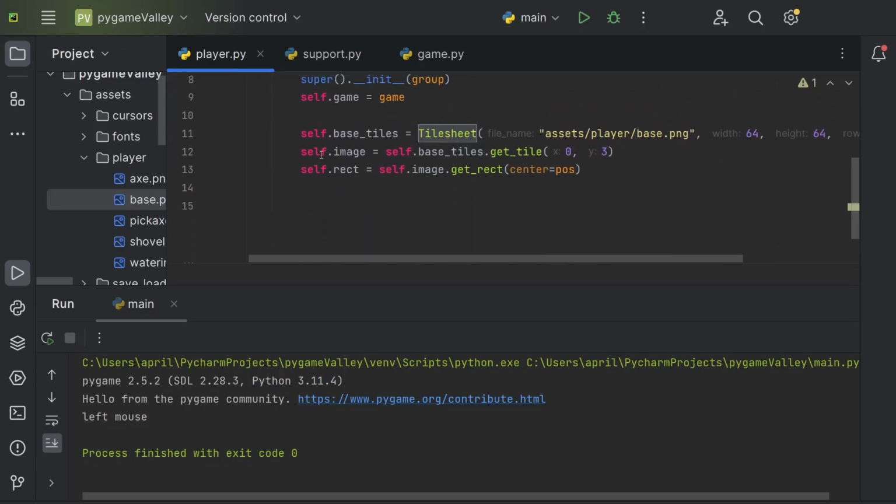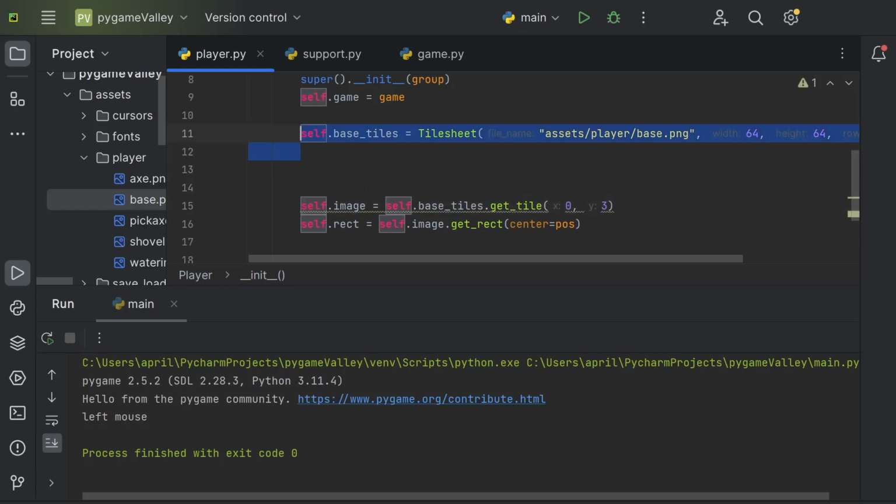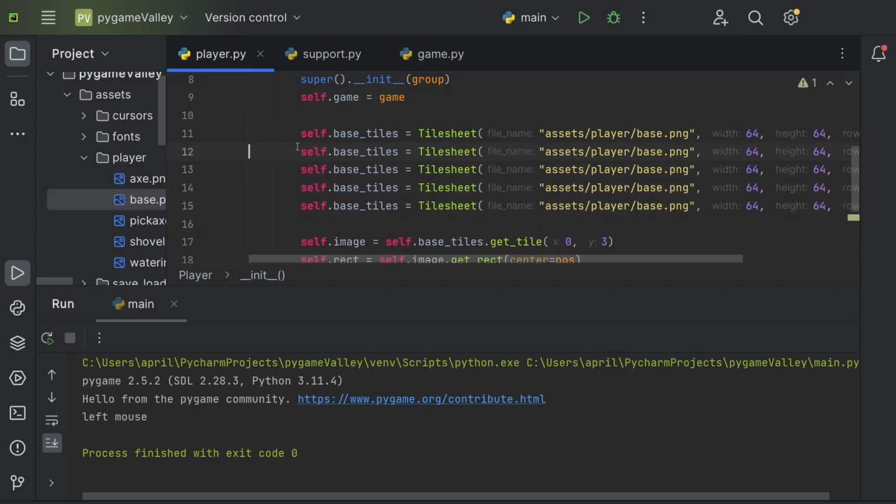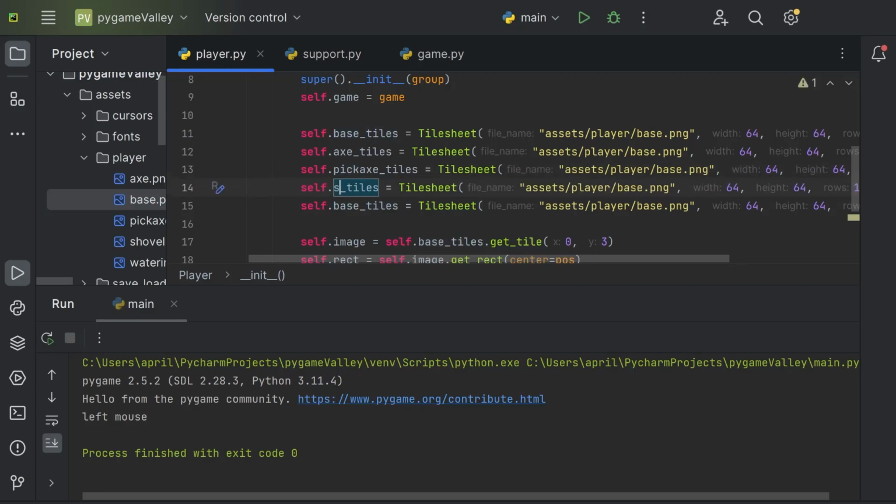Now, I've got the self.base tile, so I'm going to go ahead and add the other ones as well. So I'll just copy this, paste it 4 times, and we want self.axe tiles, pickaxe tiles, shovel tiles, and water tiles. And that is called watering.png,